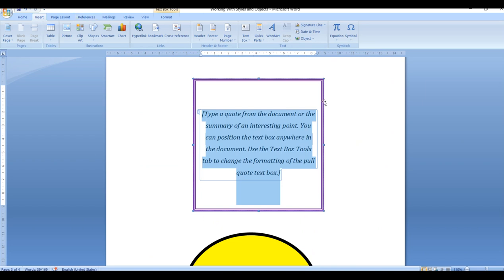Okay, so these are all the effects which make our Word document more attractive.